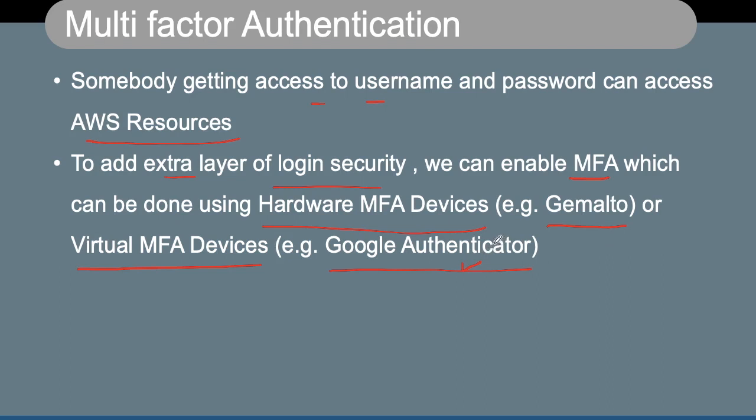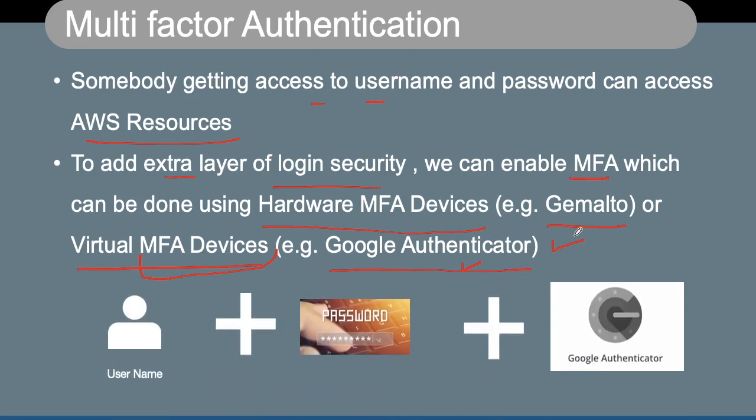If you lose your phone, you can easily, by using a different mechanism, break this MFA association with your AWS account, and you can also do it by using AWS support. So it gives you an extra layer of security. Without using this Google Authenticator app, nobody will be able to access your AWS account. So we have the username and password, and after that you have some MFA device, and in this case I have taken the example of an app called Google Authenticator. So we can use the Google Authenticator app to make our AWS account secure.